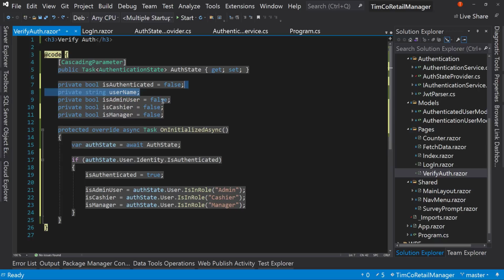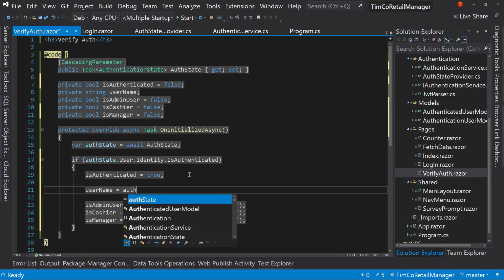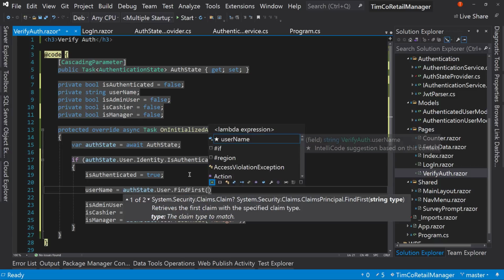I'm debating because there's a couple different ways of showing all this information. I want to show you all the different ways of doing it, but I'll do all in one way on this page, and we'll show you other ways of capturing that data on another page, maybe a counter page or something like that, just to try out the different ways. So let's capture this information by saying username equals auth state dot user dot find first, and we're looking for